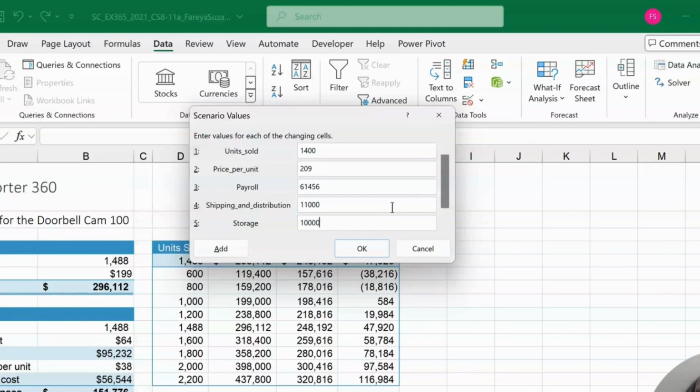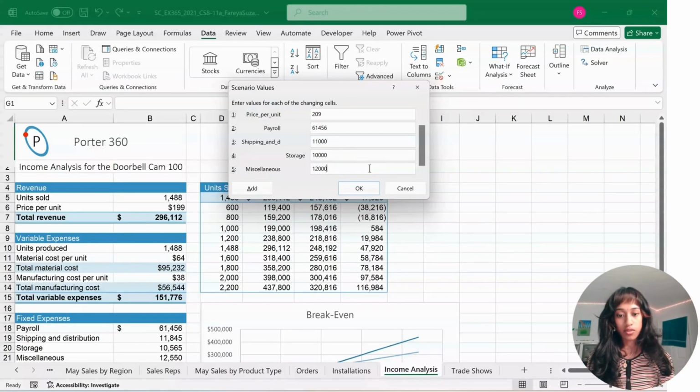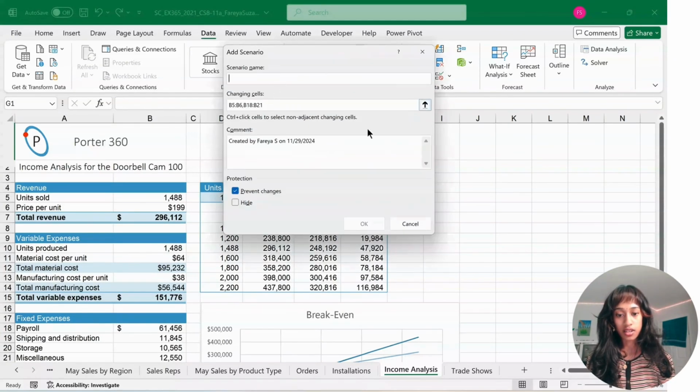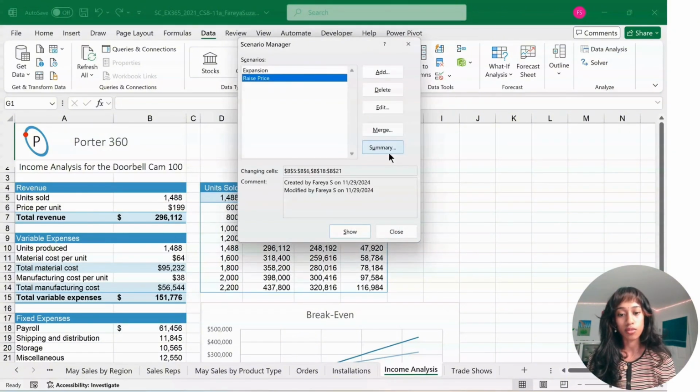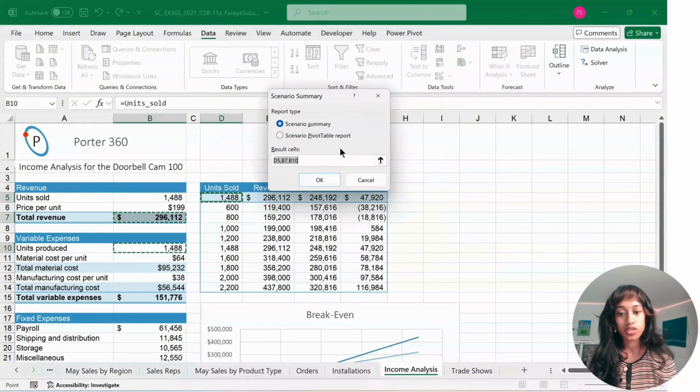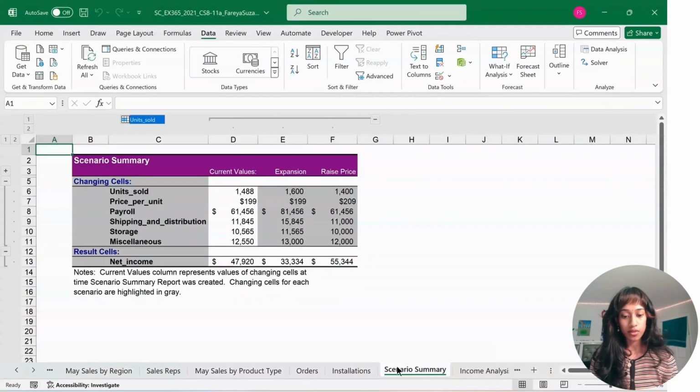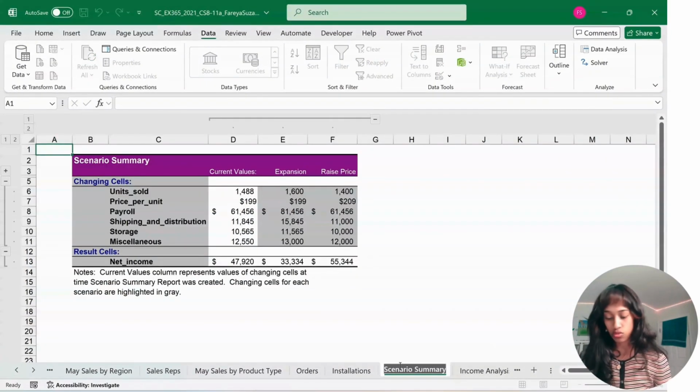Scroll down because there's more. Sixth one is 12,000. And then we're going to click add and then click on cancel and then click on raise price. Click on summary and make sure scenario summary is selected. And then for result cells, it should be B27 and then click OK. And we're going to rename this to